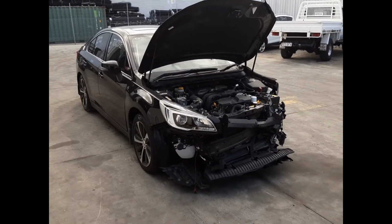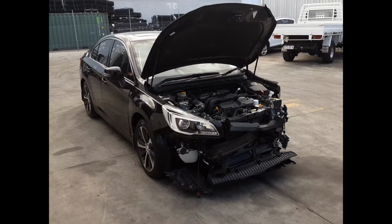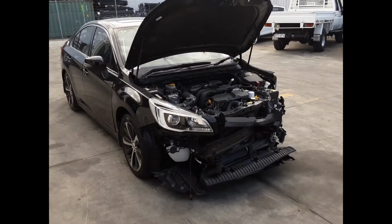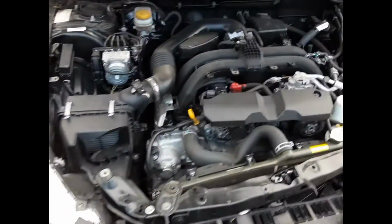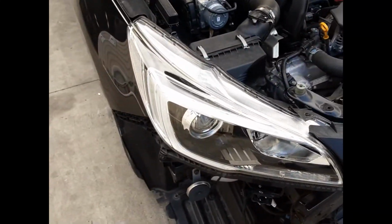Stock reference number 4893. This shape runs from the 8th month 2014 through to the 10th month 2017. It has an FB25 2.5 litre 4-cylinder petrol boxer engine, backed by an automatic all-wheel drive transmission. We have the right-hand headlight,